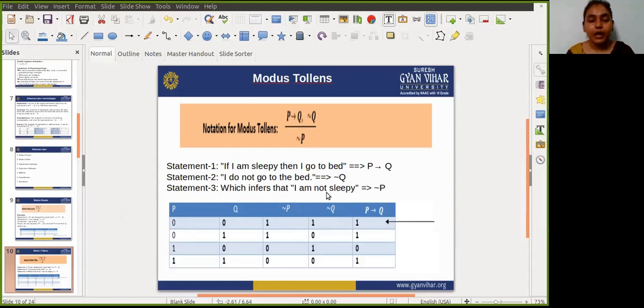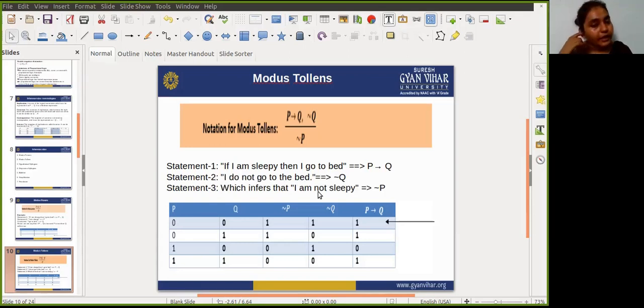Now I am actually adding not Q. And if the result is true, then in that case not P is also true. So guys, in column number 4 and column number 5 I am ending, which means I am applying the conjunction rule. So in the first case both are true, right? So obviously the result will be true. And in that case we see that the not P value is also true.